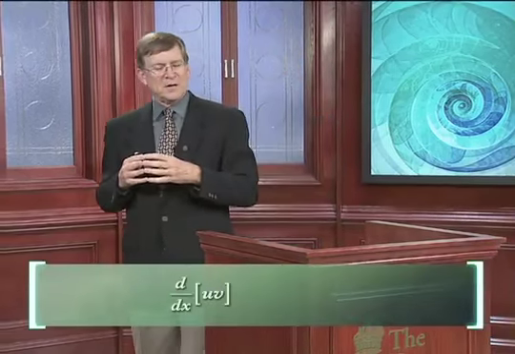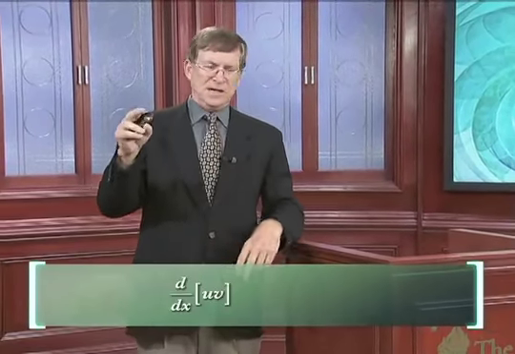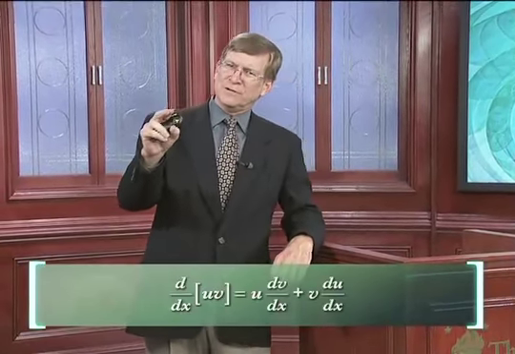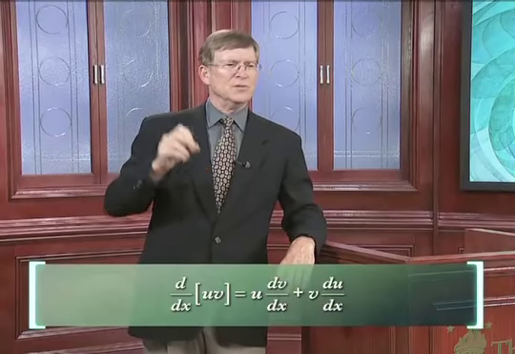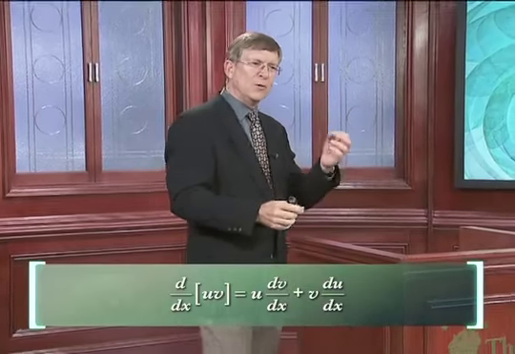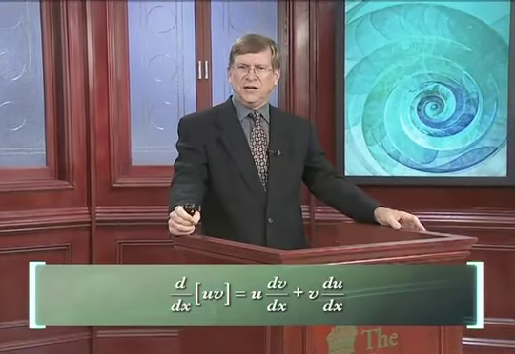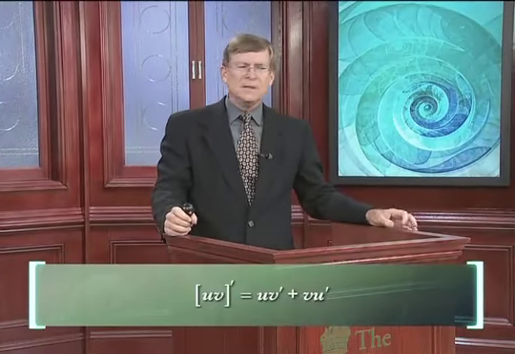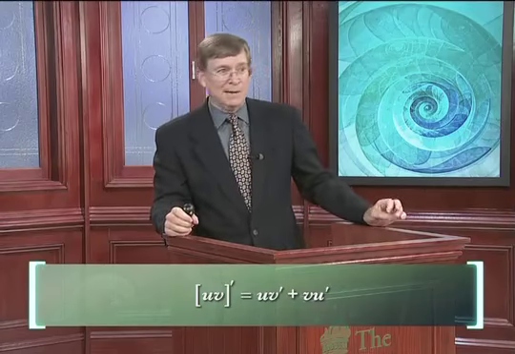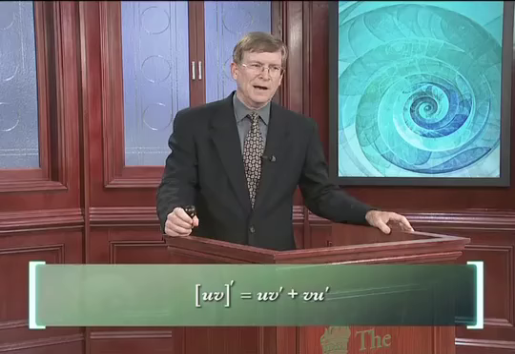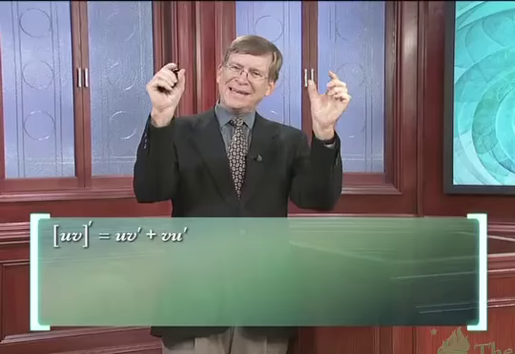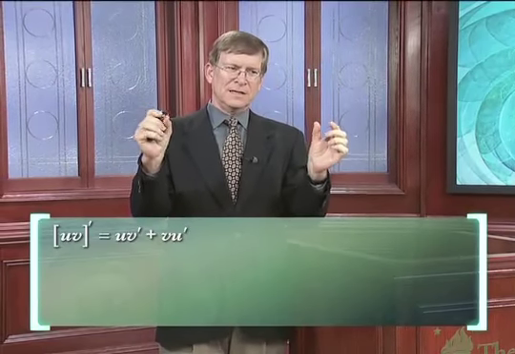So remember the product rule. I'm going to deal with two functions, and everybody seems to call them u and v in this business. So we're going to calculate the derivative of u times v, and of course that's the first times the derivative of the second plus the second times the derivative of the first. In other words, if I want to use the prime notation, (uv)' is u times v' plus v times u'. That means that if I take that equation and integrate both sides of it,